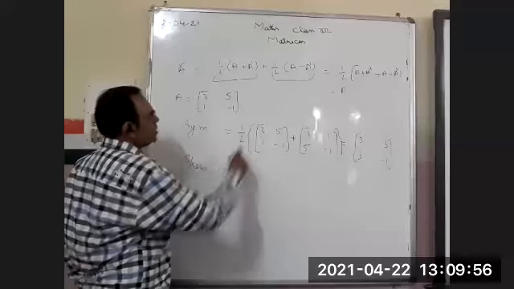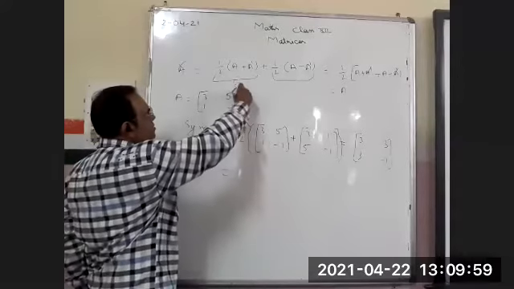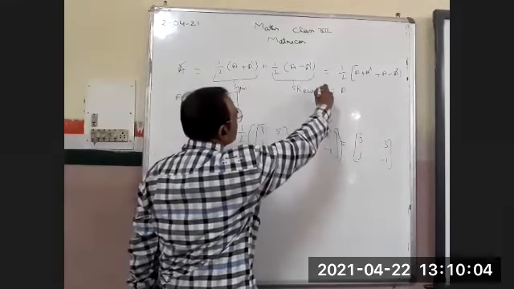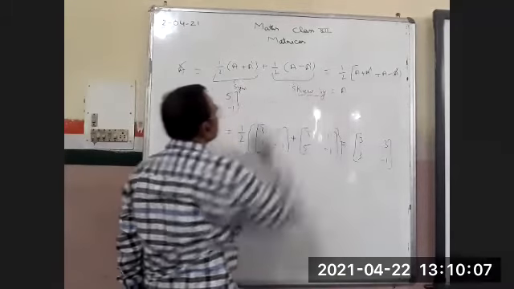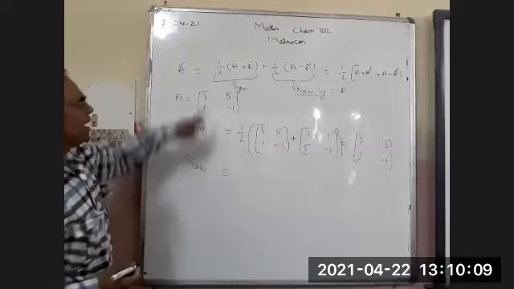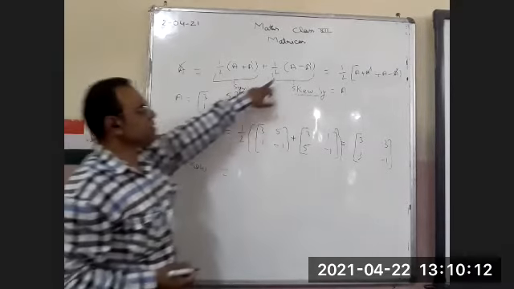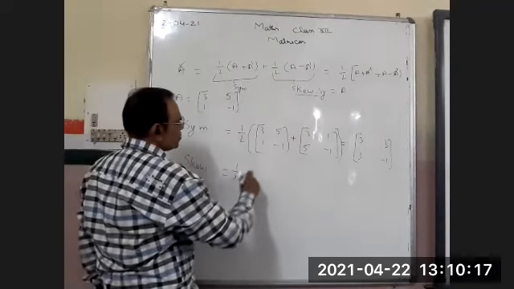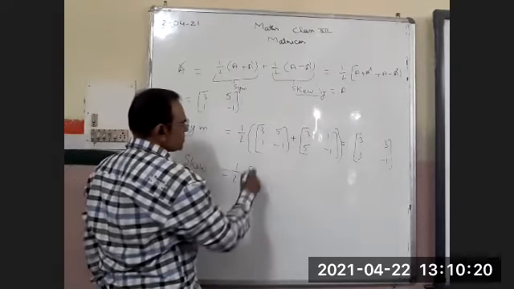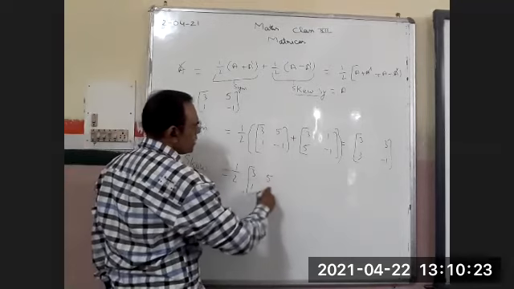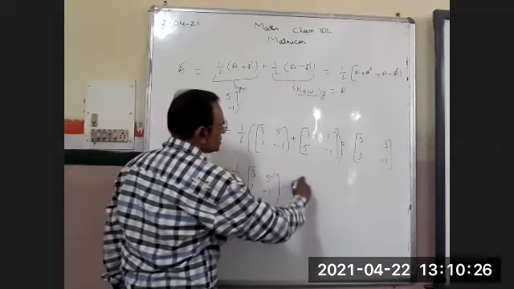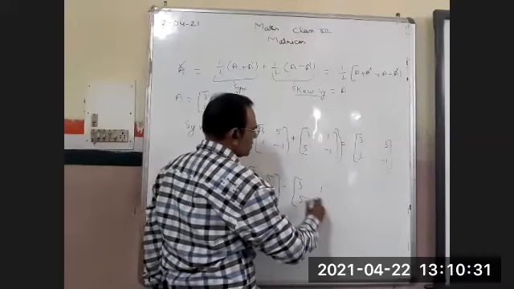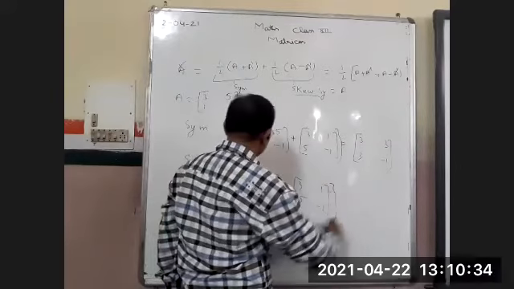This is the formula of symmetric matrix, and this is the formula of skew symmetric matrix. Whenever you want to convert into symmetric or skew symmetric matrix, you have to add both the matrices for symmetric, and you have to subtract both the matrices for skew symmetric. Okay, if you subtract, 1 upon 2 of 3 5 1 minus 1 minus 3 1 5 1 minus 1, what will happen?